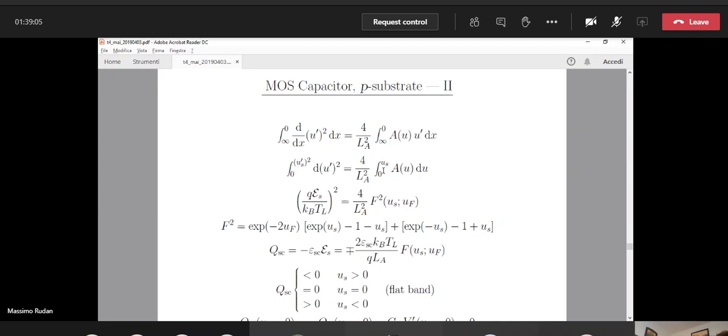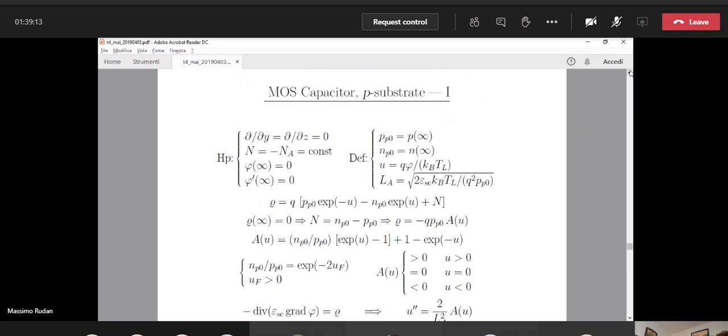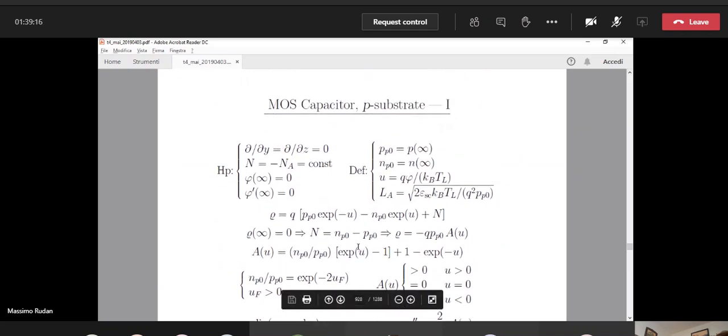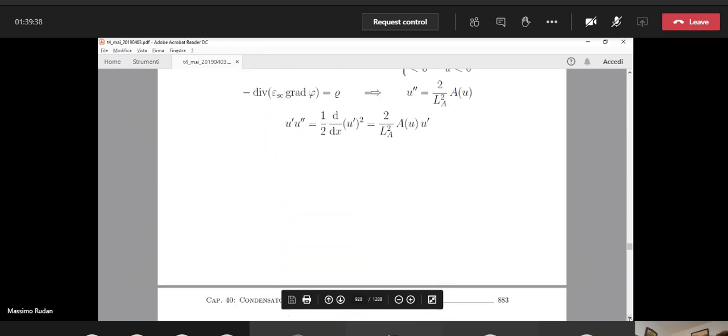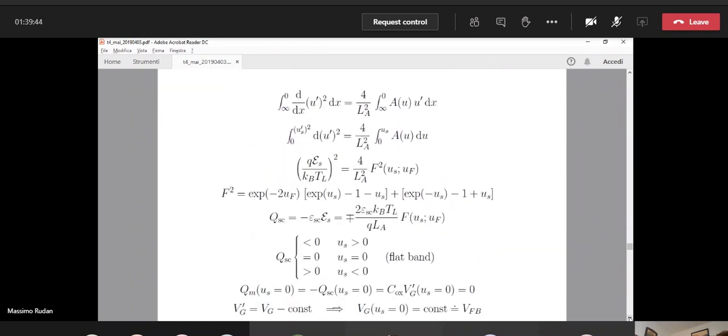So this function is a function of u that is very easily integrated with respect to u, because the only thing that we have to do is to integrate. The exponential of u integrated is again the exponential of u. This one integrated with respect to u gives you a u. Again, this one gives you u, and this exponential gives you exponential of minus u with the minus. Okay, so the integration of a of u with respect to u is trivial. Then